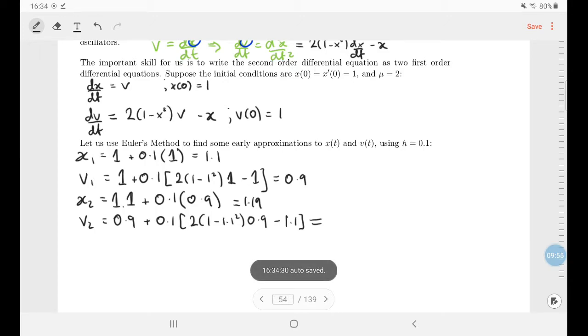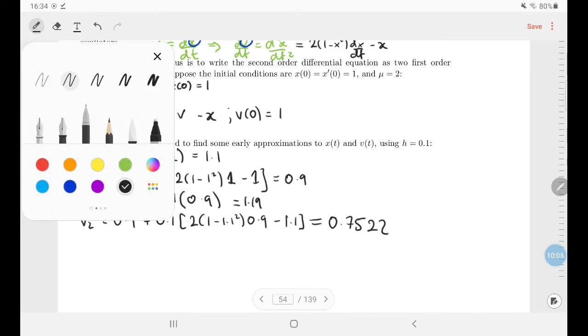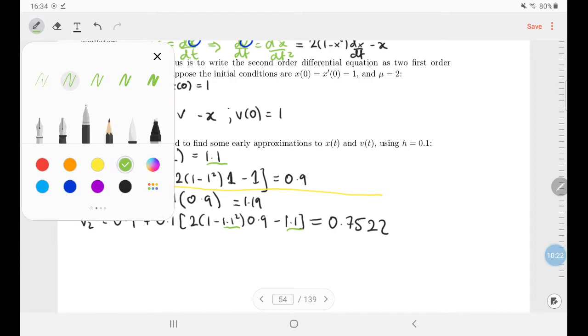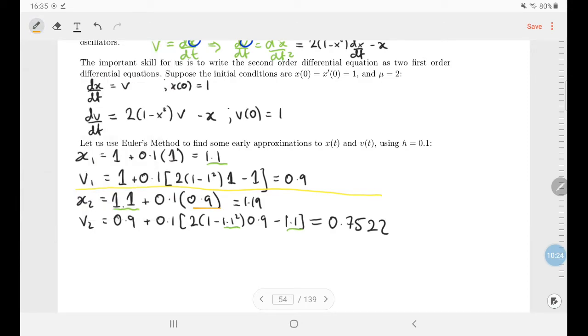So I'm getting out of this 0, I get a big decrease in velocity. Now we'll do some coloring in here just to see what's going on. We'll separate those. I'll use a different color to get this previous x. So where was this previous x coming from? Here. And where was the previous v coming from? Here. So what we have now is